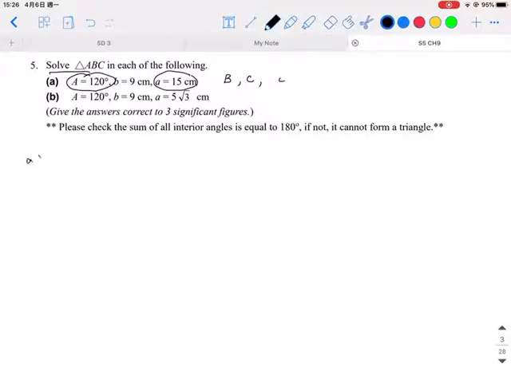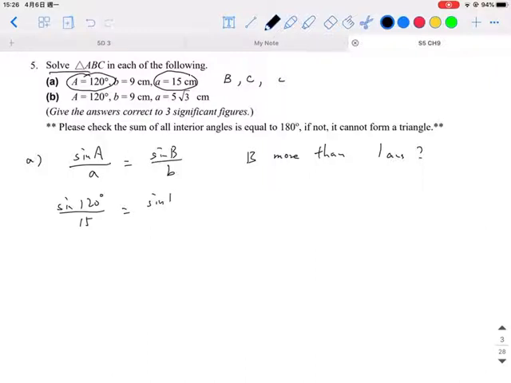Okay, so for the first part, we apply the sine formula, sine A over a equal to sine B over b. Remember, you need to determine whether B has more than one answer. Okay, so just like question number 4, after substituting the values of capital letter A and small letter a, we can get this one, and then we will get sine B is equal to 0.5 something, and you'll get B is equal to